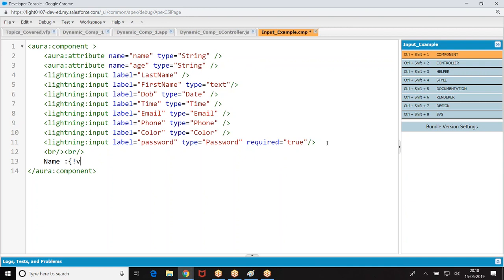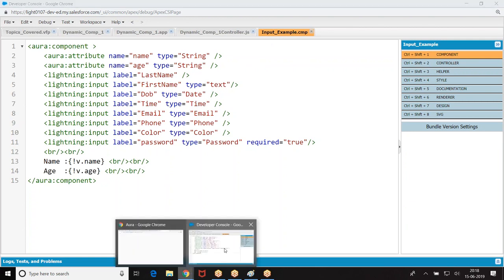Just for the sake of taking some attributes, I created that. So, moving on, what is the name of the component? Input underscore example.